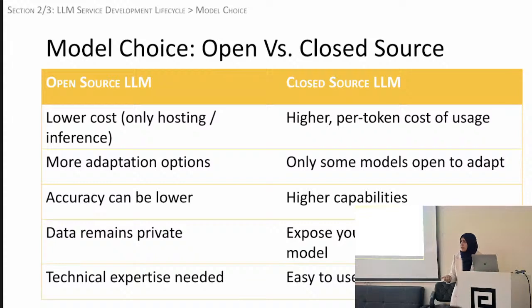Then for choosing between open and closed source models, in general, open source LLMs have lower cost because you're not paying a per token usage cost, as you do with closed source. What I mean by closed source LLMs is LLMs that are just hosted behind APIs and you can't actually access the model. Open source, they are available. The whole model with its weights, with its source code is available. So you can just download it, do whatever you like with it, right? So for open source, usually...